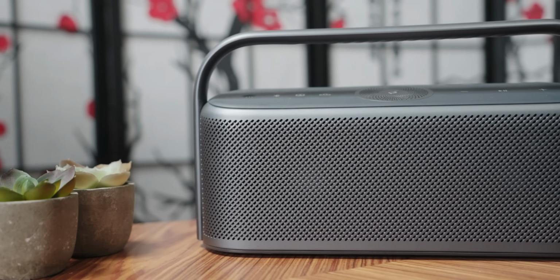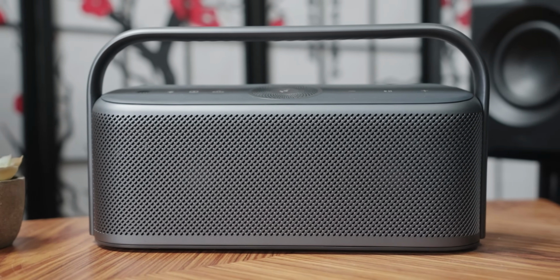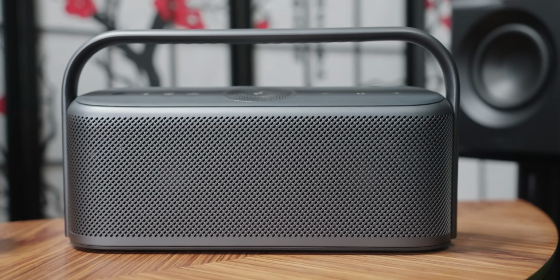What really impresses me though is that it actually sounds good, like on every track I've thrown at it, and not just spatial audio tracks. I even threw movie tracks and movies. I watched movies on this thing. It all sounded good. And we will get to describing the sound here in a bit, but did I mention that this was their first attempt at the spatial audio algorithm they came up with? That's pretty insane to me, how this is their first try, and they literally nailed it on their first try,